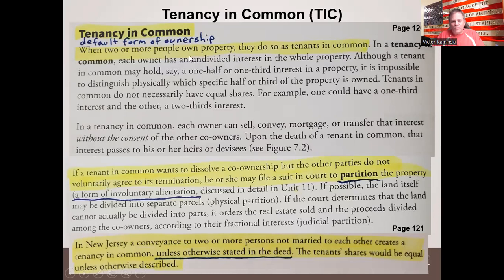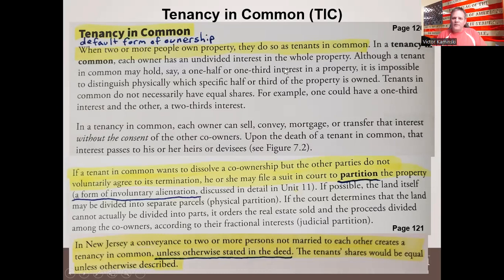Now, it's usually two or more people who are not married to each other that creates a tenancy in common. But it could be two or more, at least for any other properties. For the primary marital residence, it would not be tenancy in common. That would be a tenancy by the entirety if they're married. But if they're married and this is a separate investment property they own, they could own it as tenants